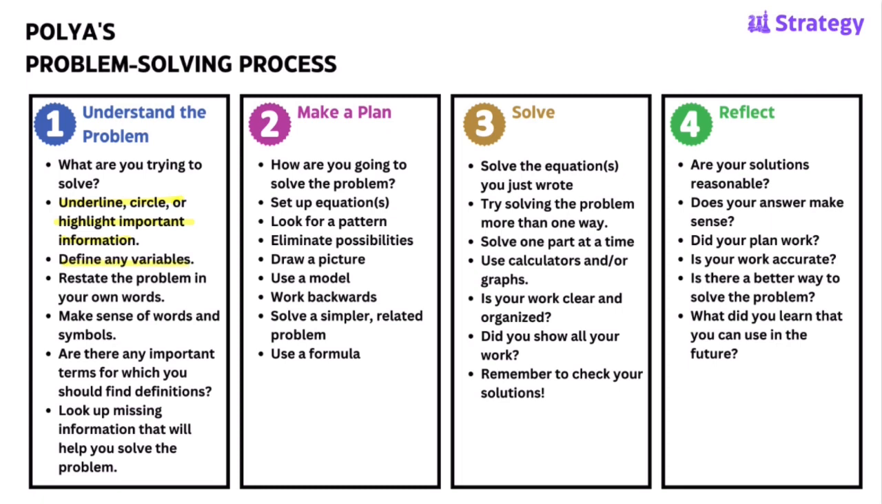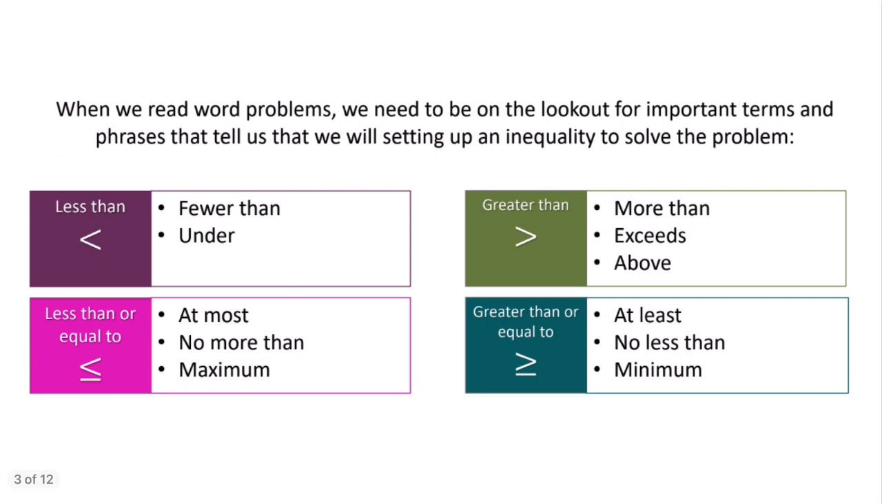Then we'll make a plan which will involve setting up equations or inequalities to represent what's being described in the problem. Then we'll work on solving the equations or inequalities. And remember, we finally want to reflect and make sure that our solutions make sense in the context of the problem. So when we read word problems, remember we need to be on the lookout for these important words and phrases that tell us we'll be setting up an inequality to solve the problem. So if you see any of these, you want to make sure and highlight them because we'll be translating those